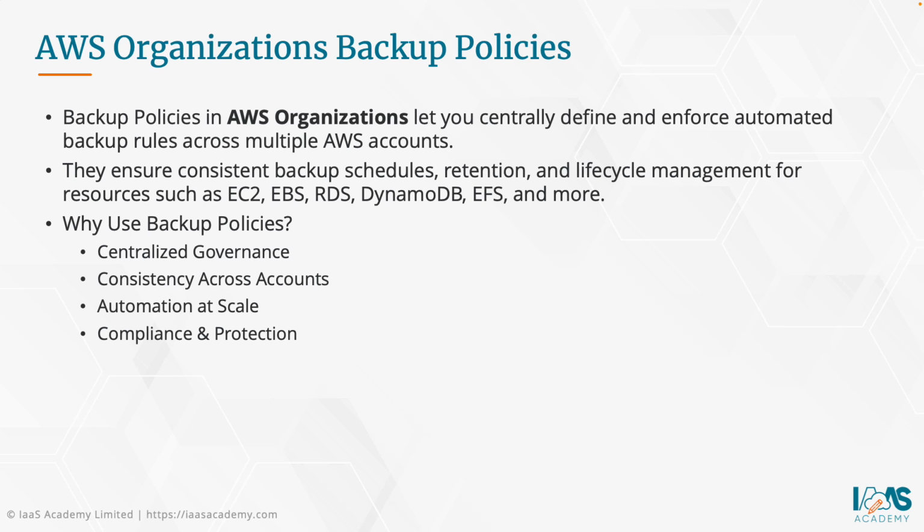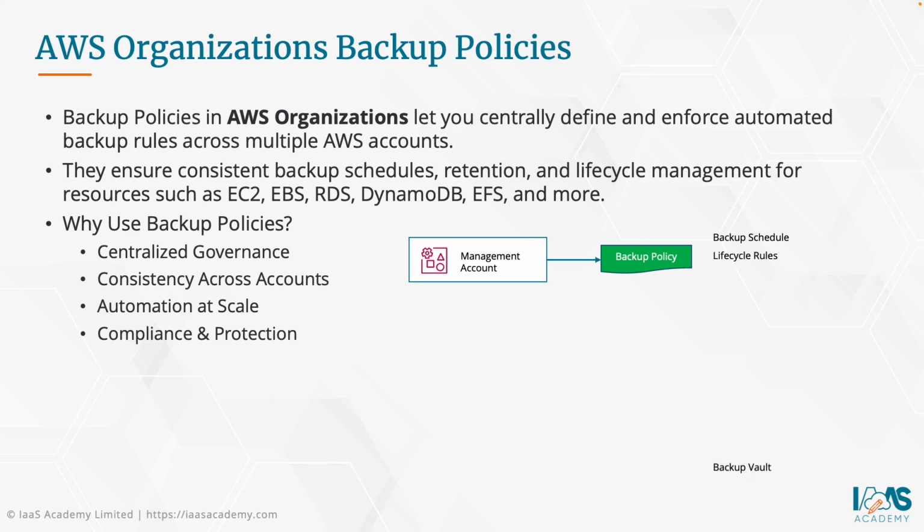Let's take a look at a quick visual diagram to see how this works. So you'd log into the management account and access the AWS Organization Service. You would enable the backup policy feature, and then you would configure necessary backup policies that allow you to define backup schedules, lifecycle rules, backup vaults where you're going to actually store the backups, and any resource tagging that you require to identify your resource. Once that's all in place, you can then apply the backup policy to an organization unit, such as the development organization unit, and then any accounts within that organization unit is going to inherit the backup